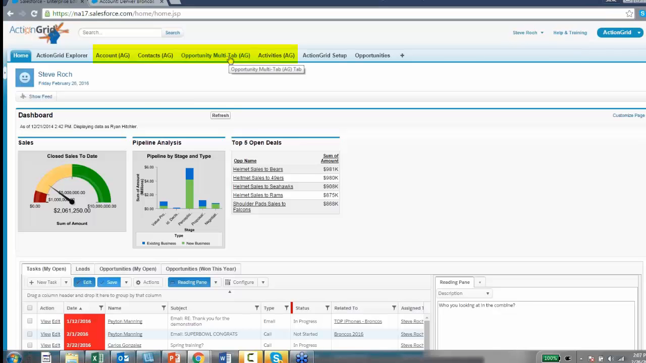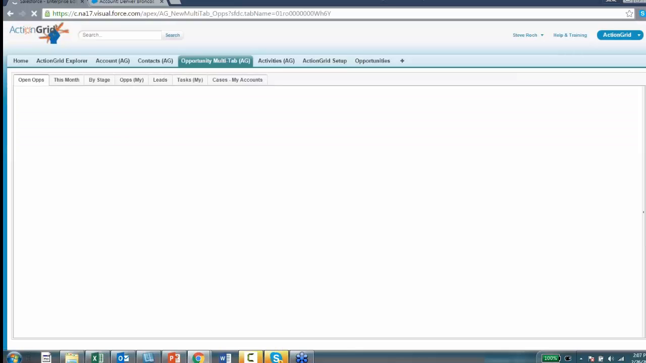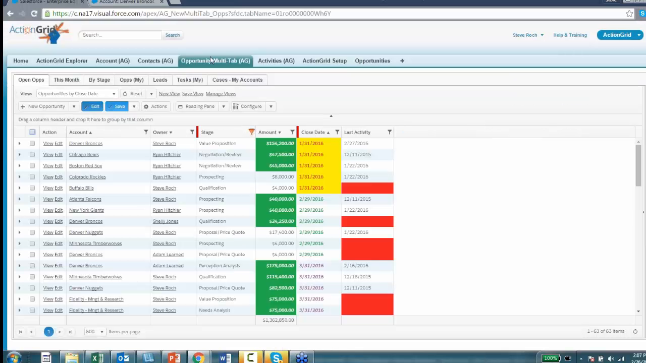Unfortunately, in Lightning yet, we don't have the ability to put those down the side, so it's going to appear in the apps. But in the regular classic mode, we can use it as a tab, and not only as a regular, single tab, but we can use ActionGrid as a multi-tab. Since it's a Visualforce page and we have a wizard that will create this, we're unconstrained by